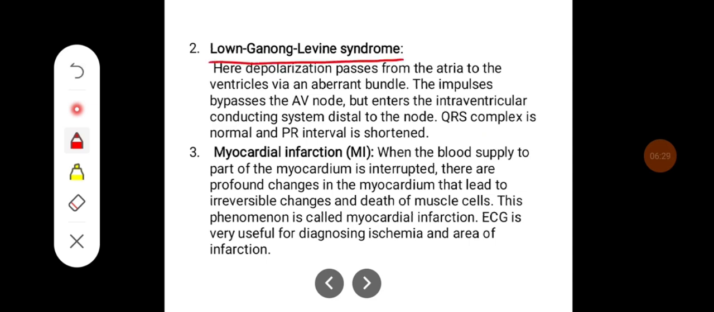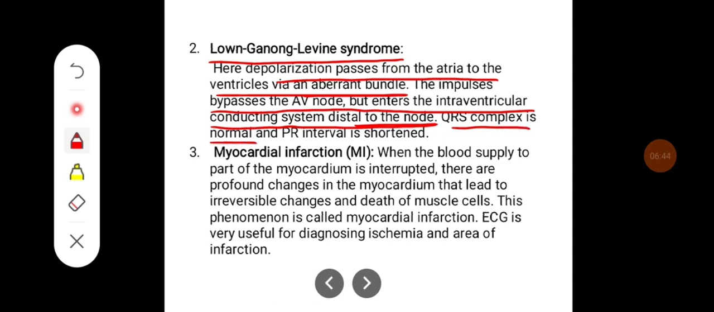Lown-Ganong-Levine syndrome. Here depolarization passes from atria to the ventricles via an aberrant bundle. The impulse bypasses the AV node but enters the interventricular conducting system distal to the node. The QRS complex is normal but the PR interval is shortened here. In myocardial infarction,